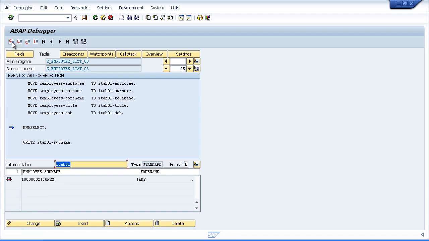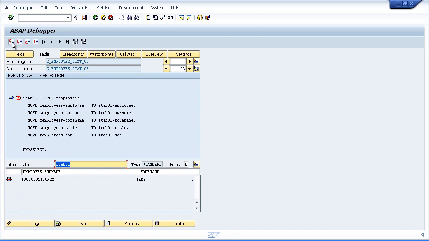We come to the end of the select, start the loop again, and now all it's going to do is overwrite the header record. Now this is a real common mistake made by programmers, and I still make it today if I'm ever using a header record. I'll just sometimes forget to append the records to the table, because everything looks right, it's just you've got this extra line of code that you need to add to say move the header record to the table and then